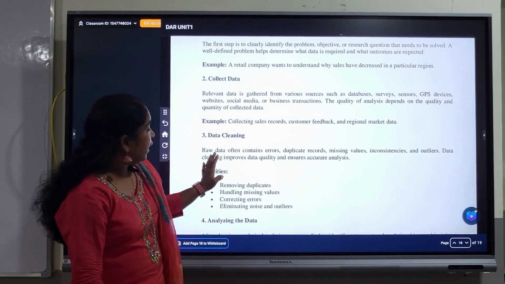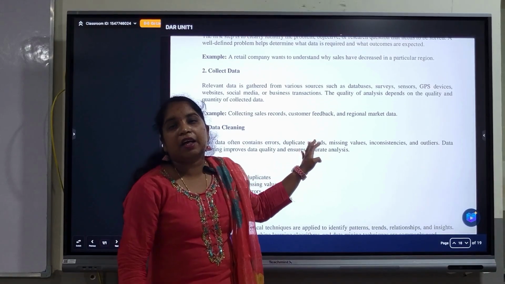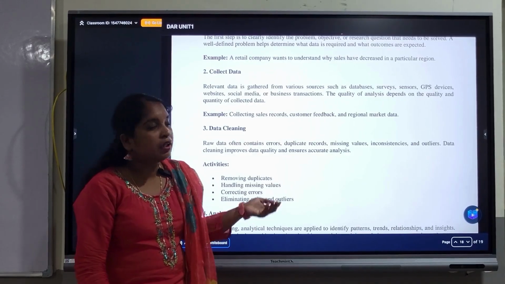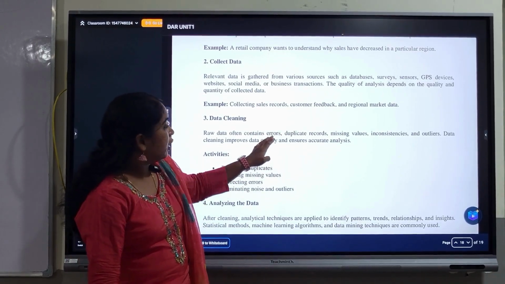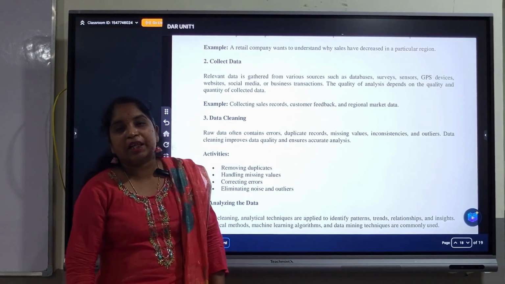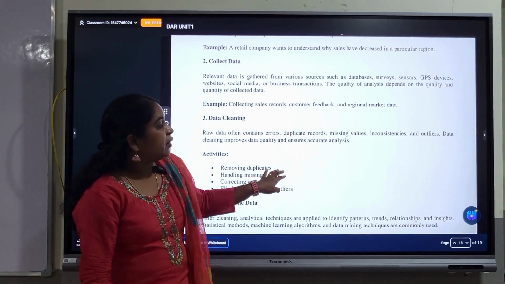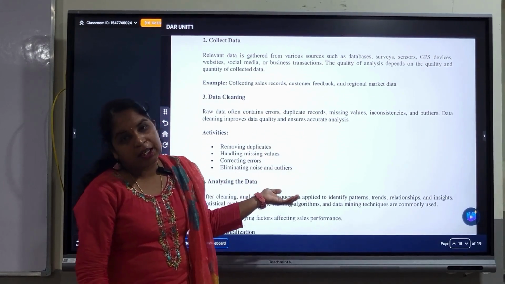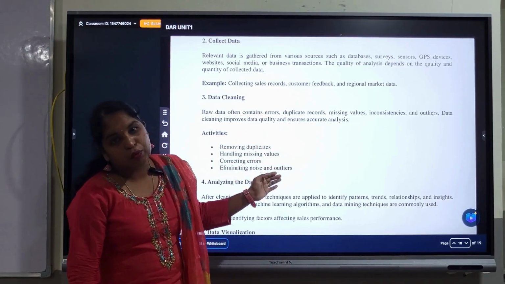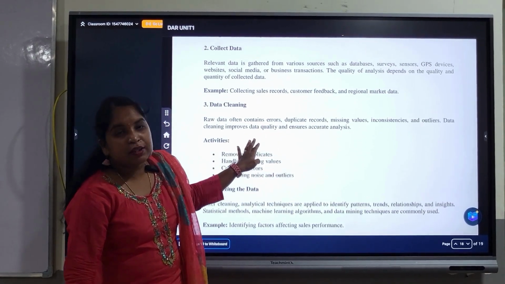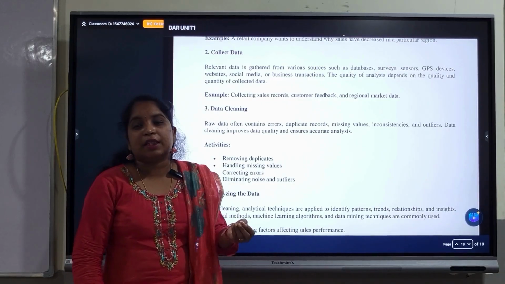Here in data cleaning, after collecting the raw data, we should clean the data. Cleaning means we should remove all the duplicated records, missing values, noisy data, and inconsistent data. We remove all these factors from the raw data, and that process is the data pre-processing method.